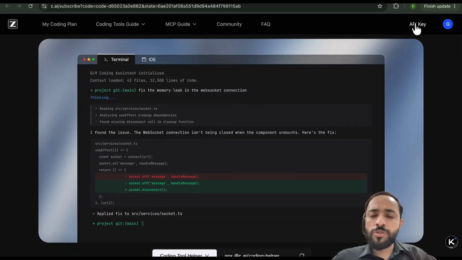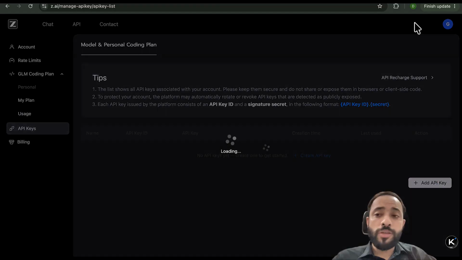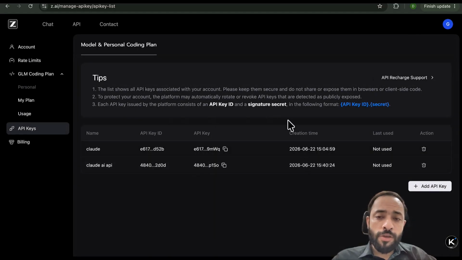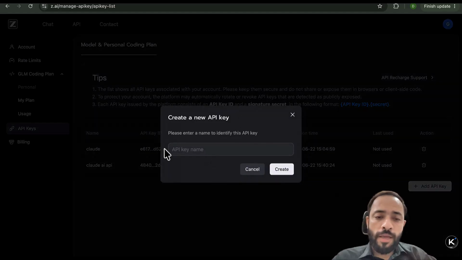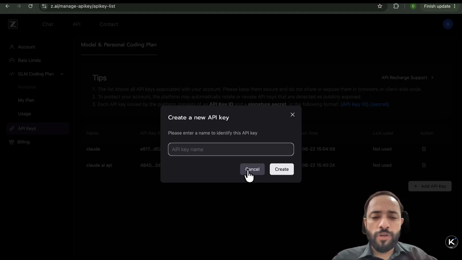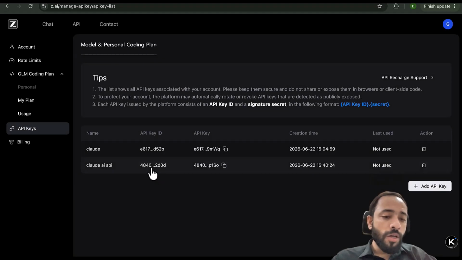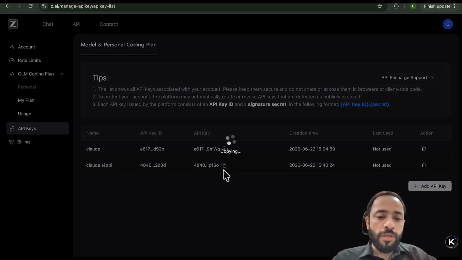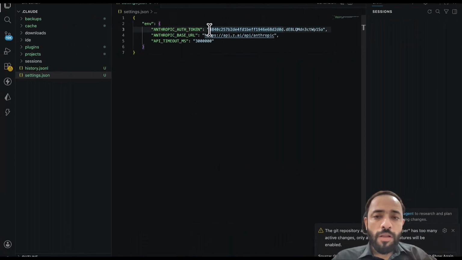And I want to just show you the API key integration. API key integration is here, and you can create a new API key. You can write any name for identification, and this shows where you are using this API. So I can just copy this API key and then paste it here. Here the API key is pasted, and